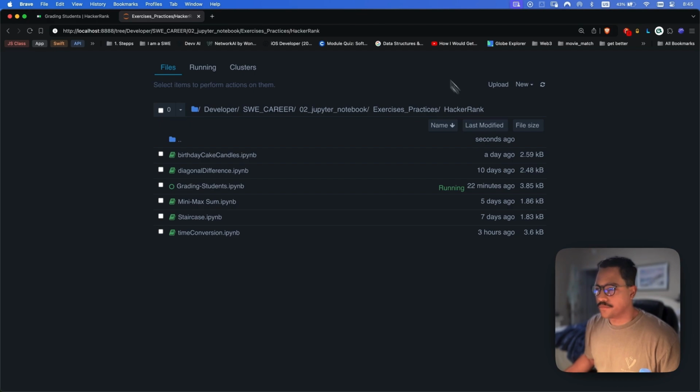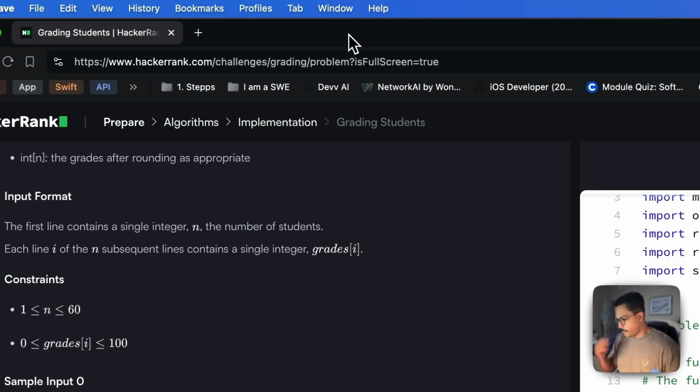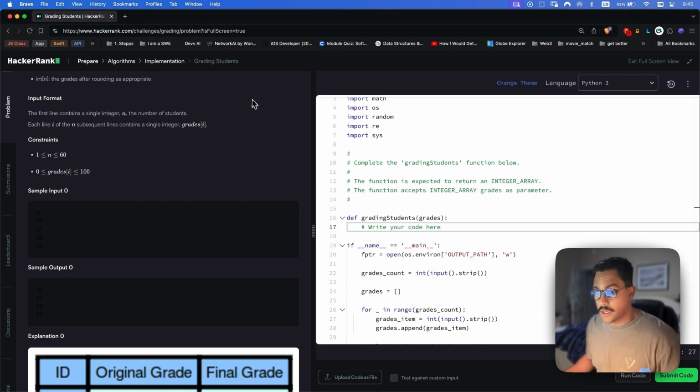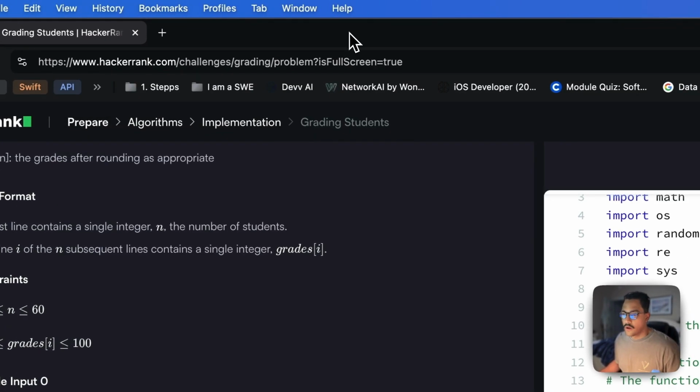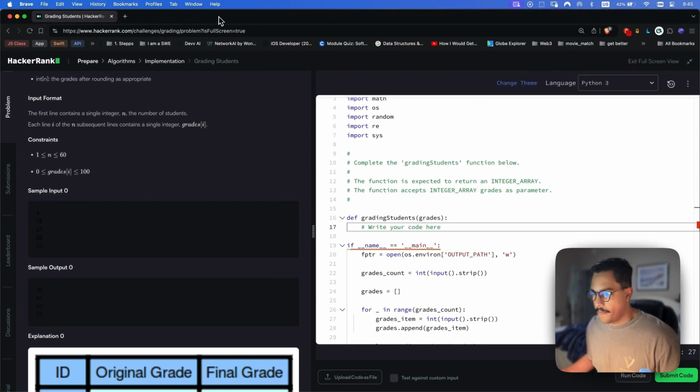Okay. Okay, so I'm trying to think if I give it a go on a Jupyter notebook or another good